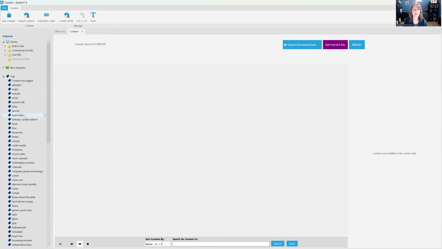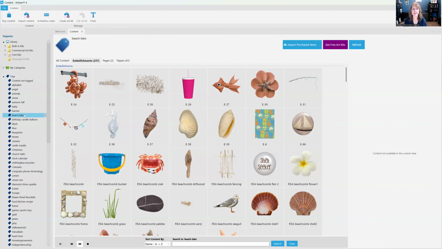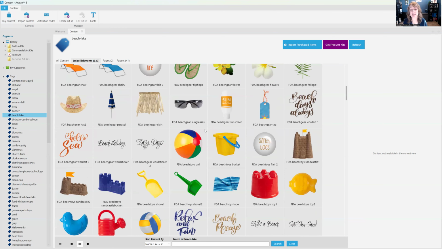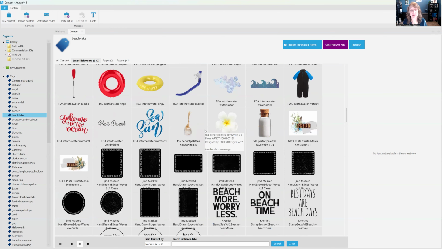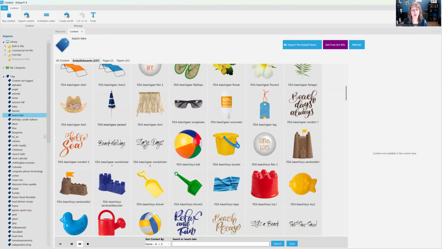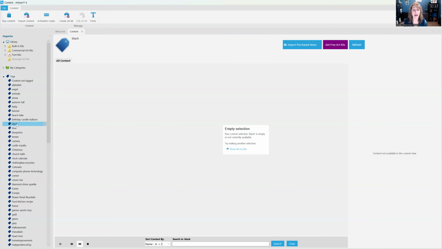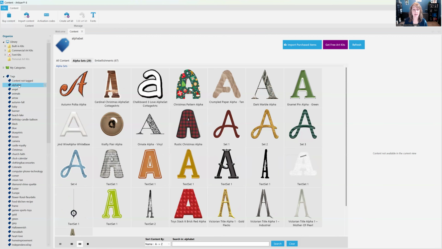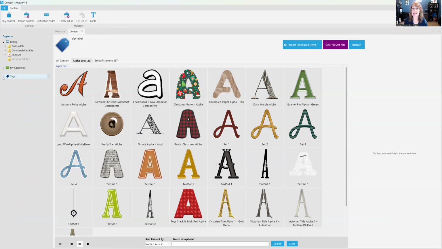So if I want to see anything related to the beach or the lake, I have tagged all of these from all of my different collections, art collections. I've tagged beach or lake. Or I also have brown or black or, oh, and they're not all coming up, or alphabet, etc. So that's tags, and maybe you already saw my Artisan quick tip about adding tags. Categories is kind of similar, only